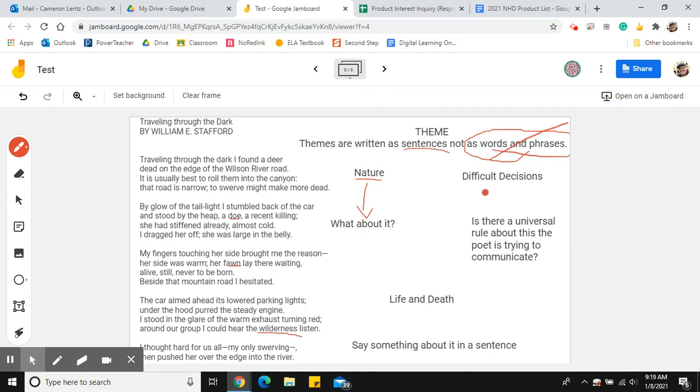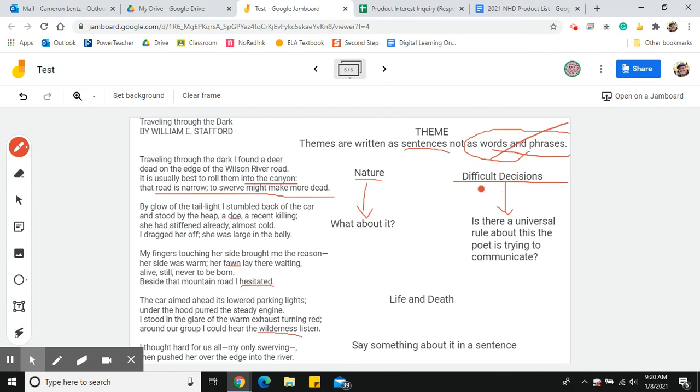Okay. Same thing with difficult decision. So we know that the traveler, the speaker of this poem, he hesitates at one point because he has to decide if he should go ahead and push this doe into the canyon to help clear the road for future travelers. So again, the theme is not difficult decisions. That's a motif that Stafford is using, but instead, you might want to consider: is there a universal rule, or is there basically a rule that anyone in the world would kind of understand that the poet is trying to